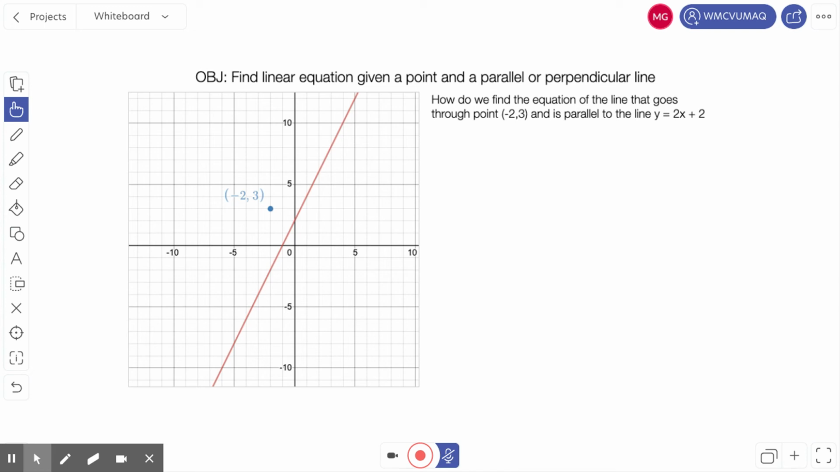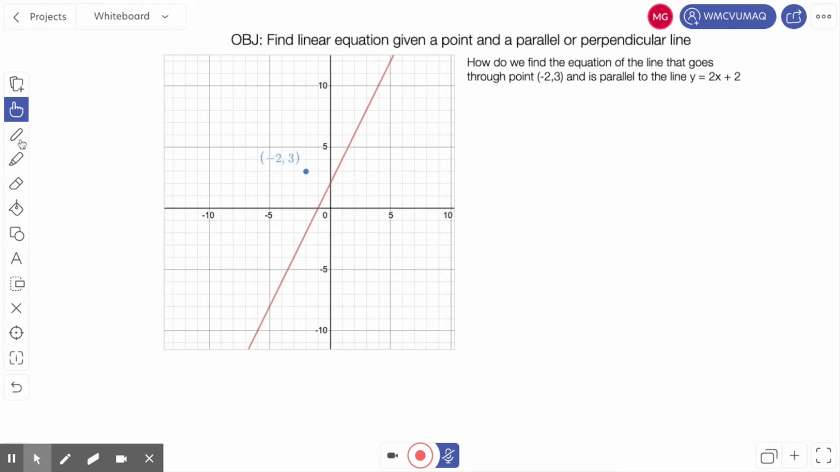Okay, so what we're going to do is find an equation that goes through this point, -2, 3, and is parallel to this line. Okay, now the key is parallel. So if we look at this line, we know that an equation parallel to it will have the same slope as this line, which means we know already, before doing almost anything, that our equation is going to look like